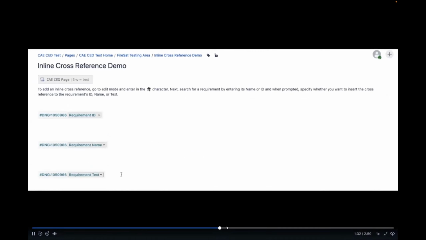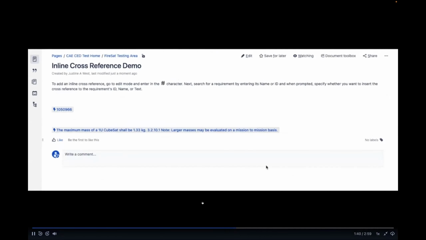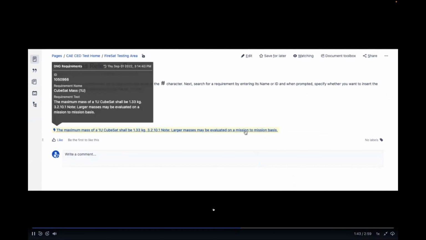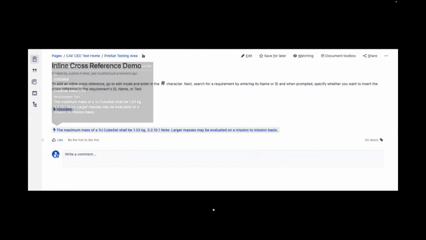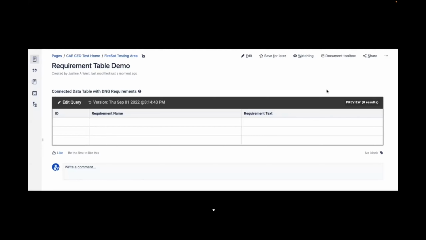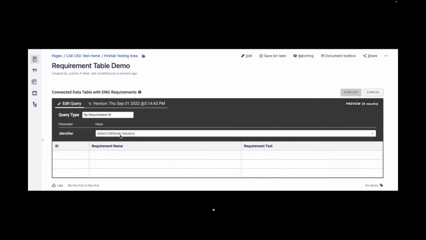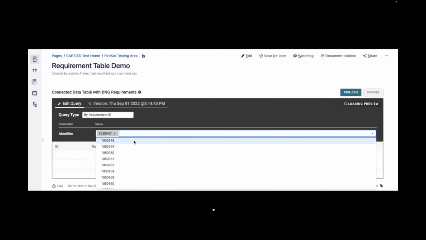So another way that you are able to display requirements is by creating these tables, and this video will go and show that in a bit here. So here we have these tables, which is another custom element that we built at OpenMBEE. You can specify what you want in this table,